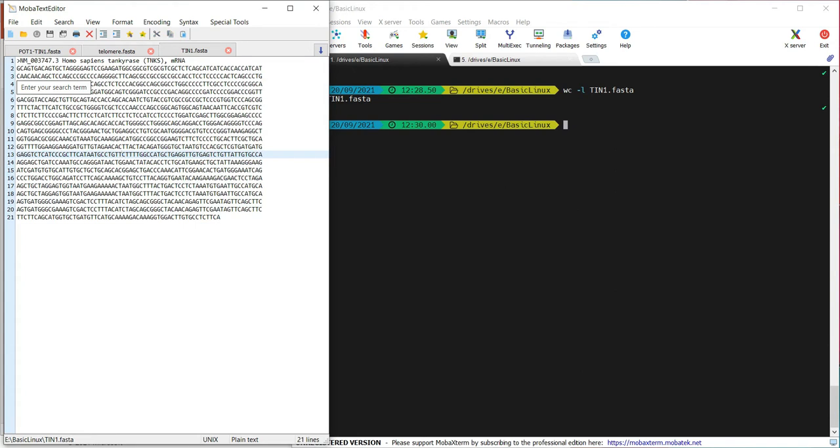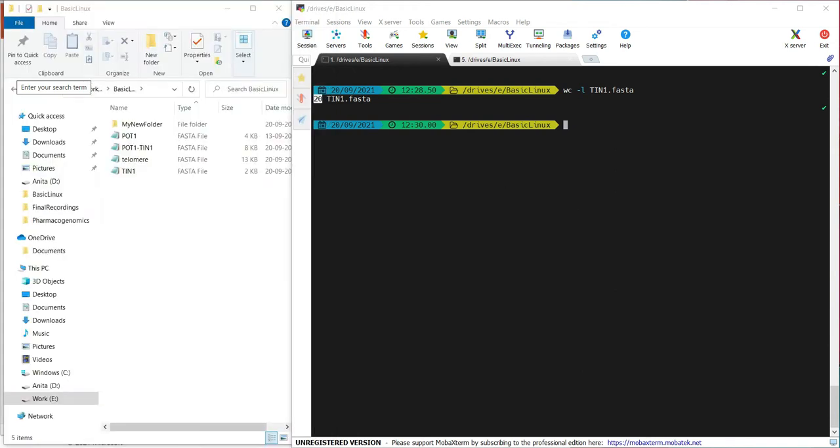I want to mention one more important command, which is the pwd command, which helps display the path of the present working directory where you are currently working. In my terminal, it is already being shown, but sometimes you can't see this current working directory path, and to view this you just have to type pwd and press enter. This will show you the path of the current working directory.